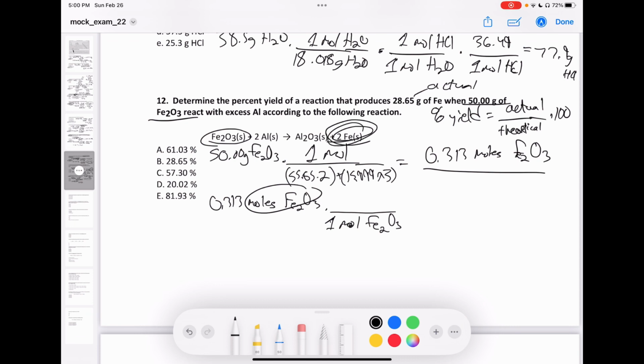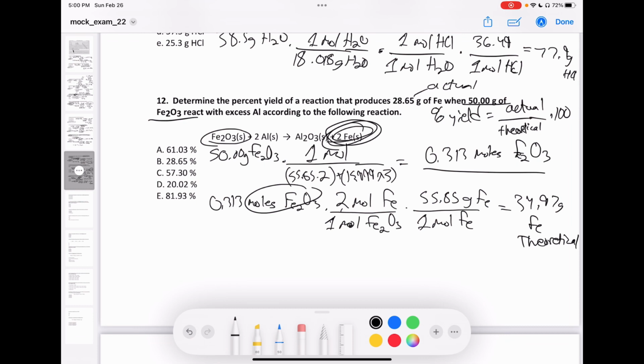And we want this iron that we create, so 2 moles of Fe. And then for every 1 mole of that, there exists 55.85 grams of iron, times 2, which is equal to 34.97 grams of iron theoretical,